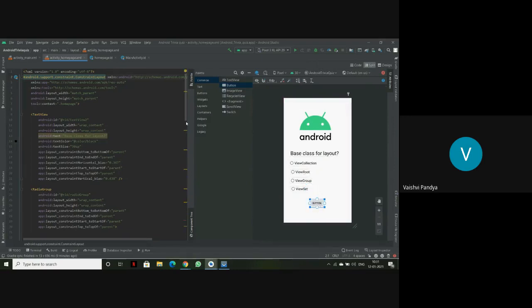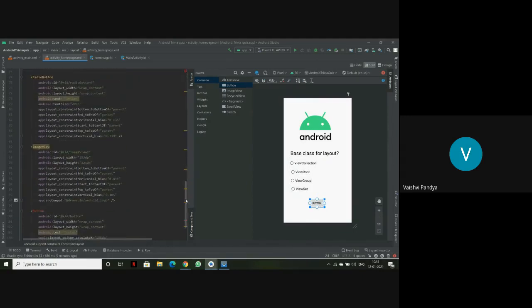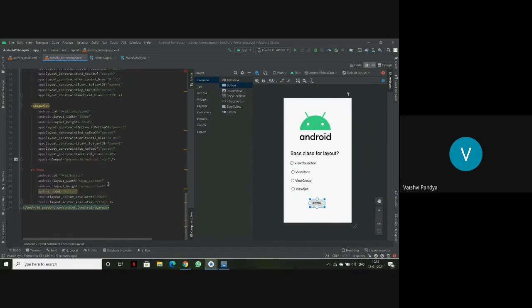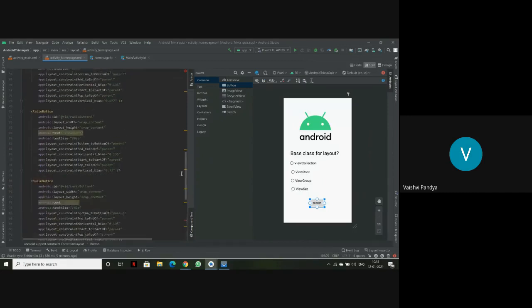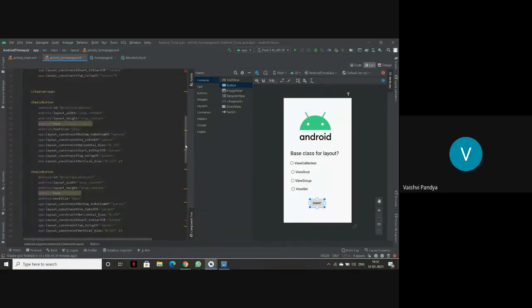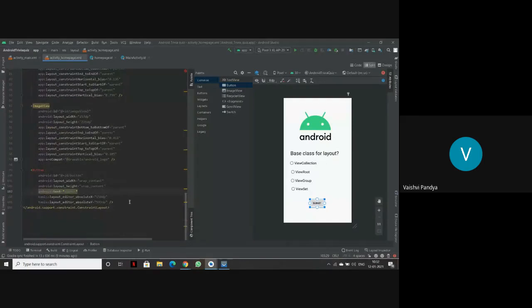For this button, the text should be submit here. Once we select the option that is correct for this question, we'll submit a response. We'll just constrain it again.